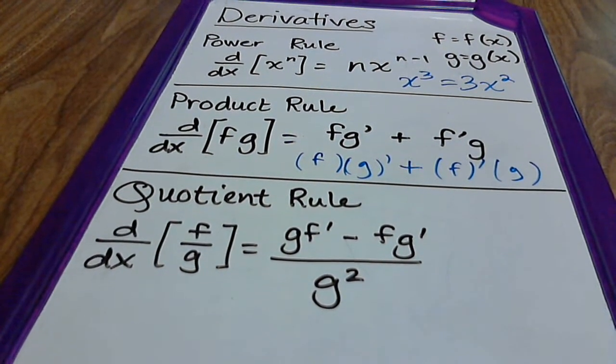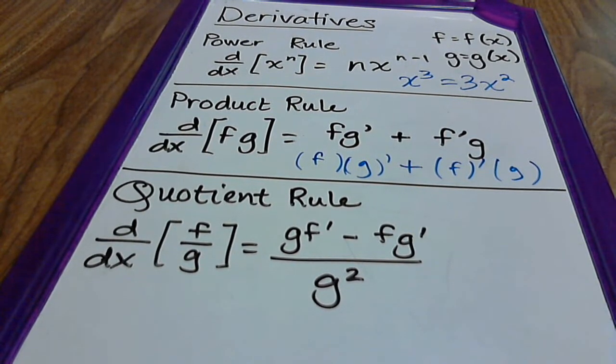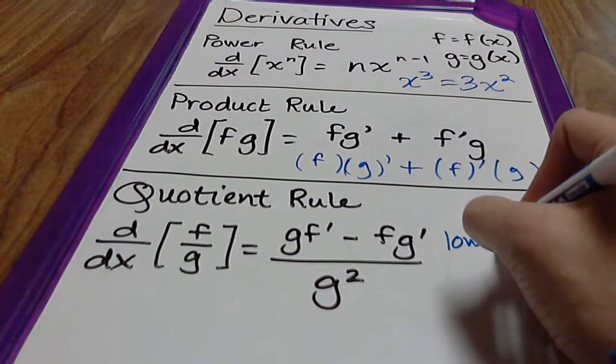Lastly, the final big rule we use a lot in calculus is the quotient rule. That says, again, two functions, f and g, divided by each other, you can say g times f prime minus f times g prime, divided by g squared, will give you the derivative. So, again, f prime and g prime are the derivatives. A good way to remember this is low d high